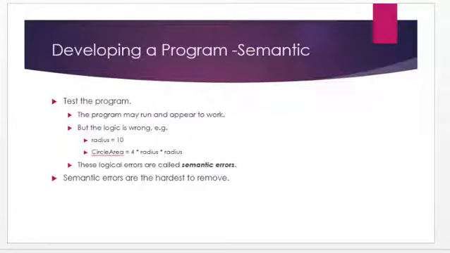We also have the semantic errors. These are the most difficult errors when it comes to programming because they have to do with logic. When you hear semantic errors, semantics is all about logic. What is the logic behind this? Is it the right logic? So most times semantic errors are faulty, bad logic that doesn't achieve what you want. For example,